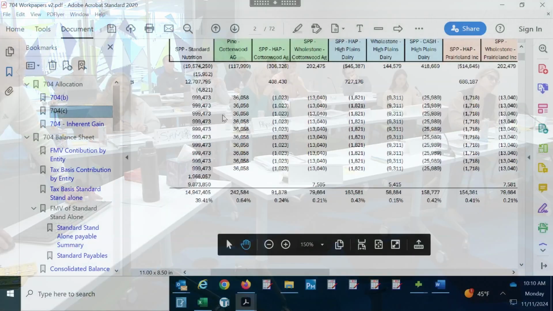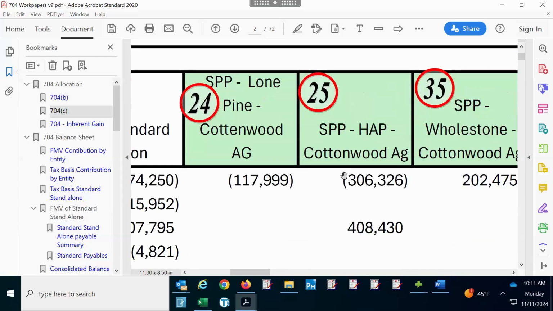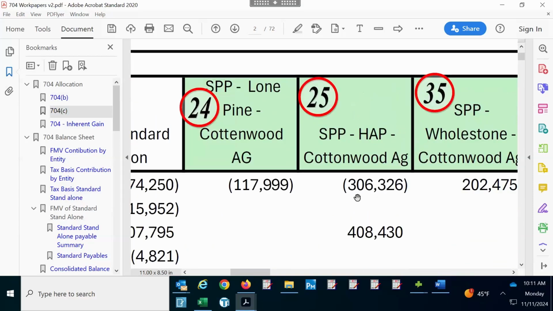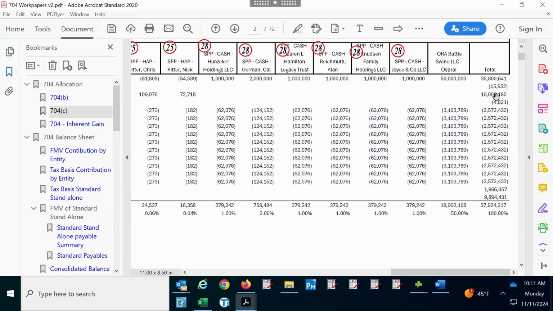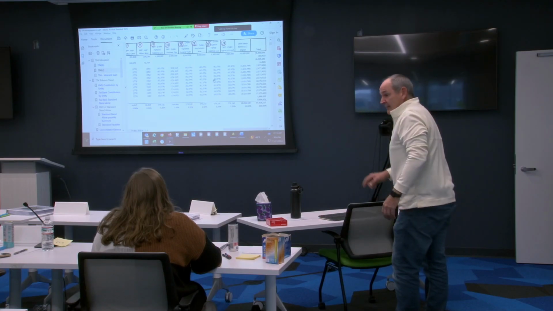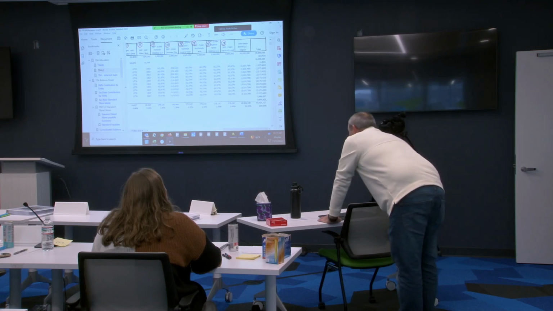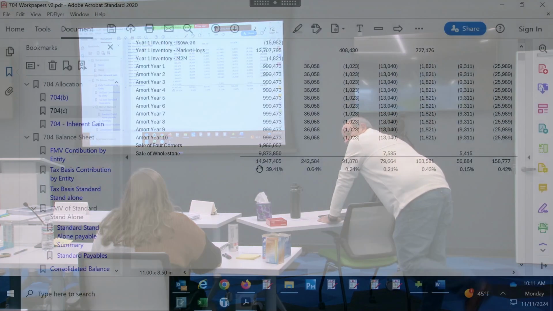Okay. But if we come over to C, you have negative 19 million. There's 35 million of total capital. Is negative 19 million divided by 35 million 39%? It is not. So what happens in this calculation, let me make one more point. When I come back over here to Standard, their ending is 14,947,000.